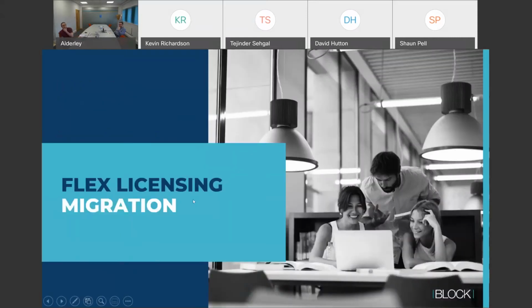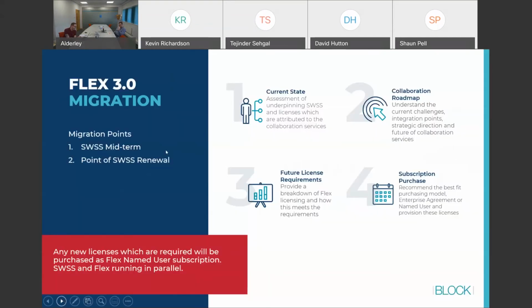So we've covered what Flex is, the challenges with perpetual licenses, and the value that those Flex licenses give you. So how do we go from perpetual to Flex subscription? There are two real main migration points you need to consider. The first one,